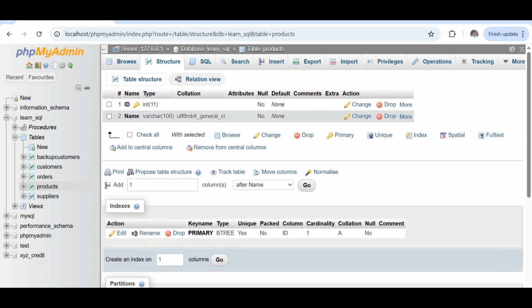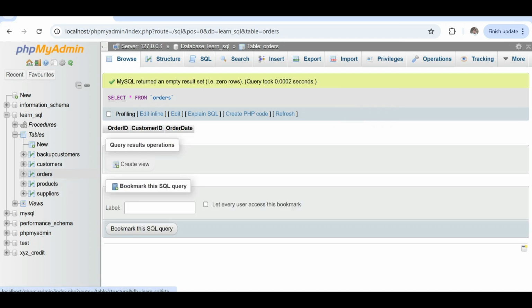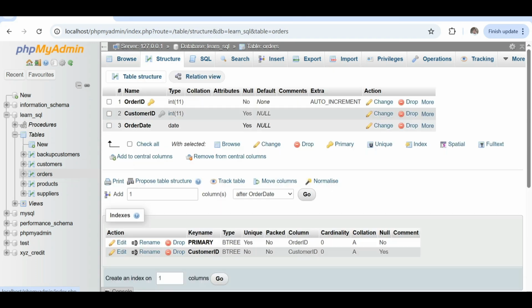Okay, next is foreign key. A foreign key links a column in one table to the primary key of another. Maybe I will add a new column to the orders table first. I will add a product ID column.